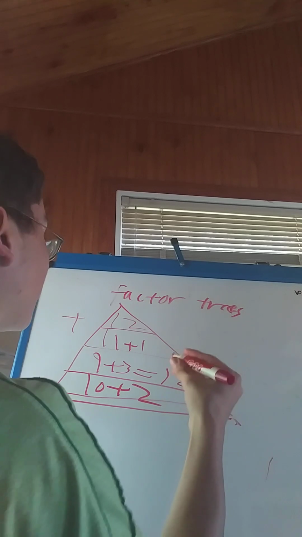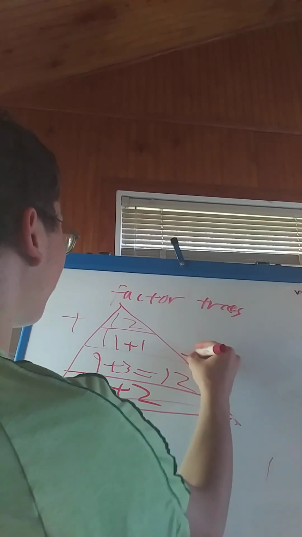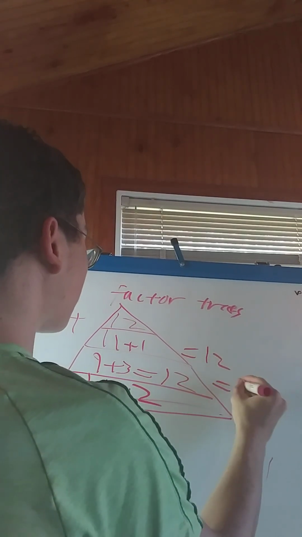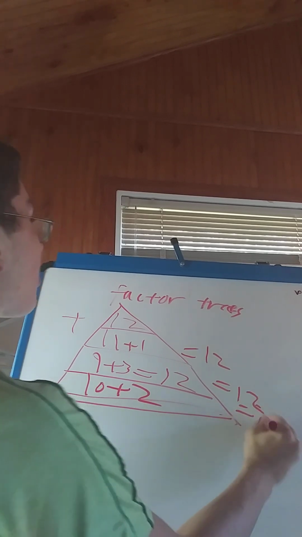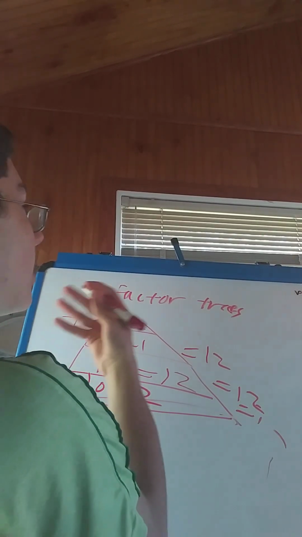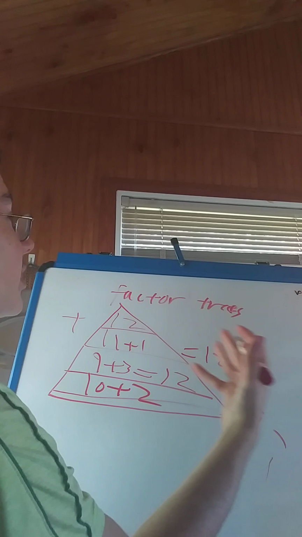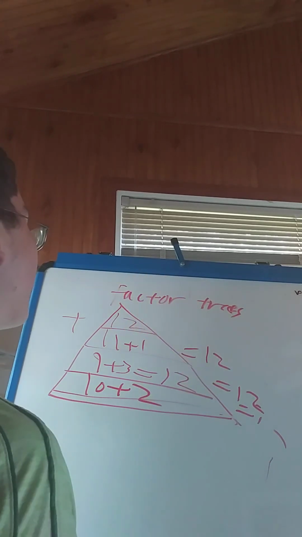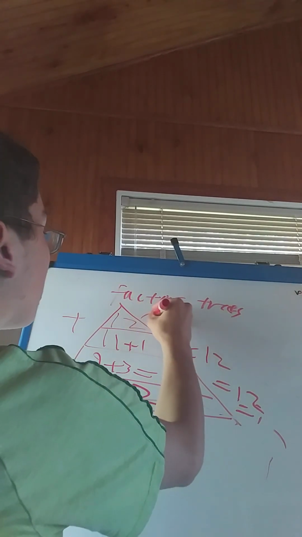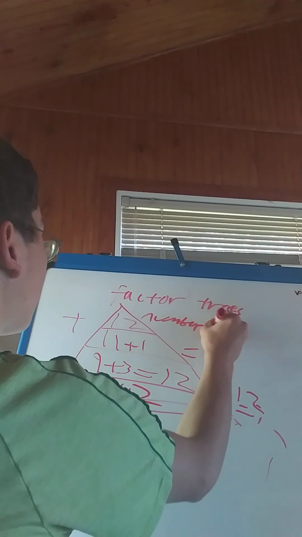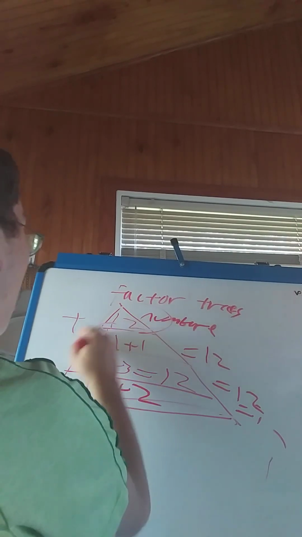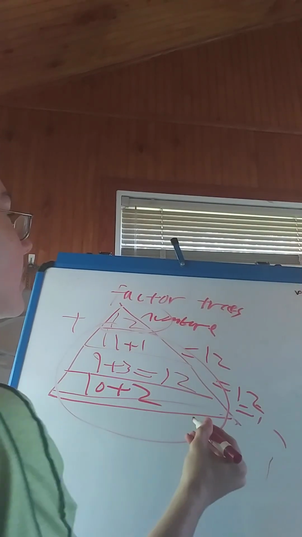And all of these would result in 12. So 3 problems, 3 equations that would result in and represent this number up here. So this is the number right here, and then all of these things below it